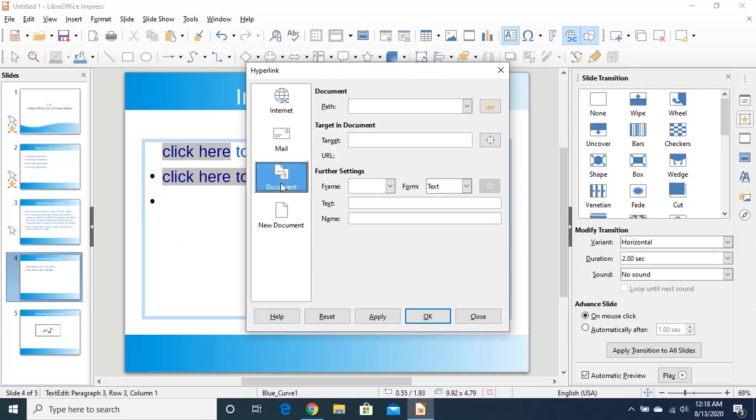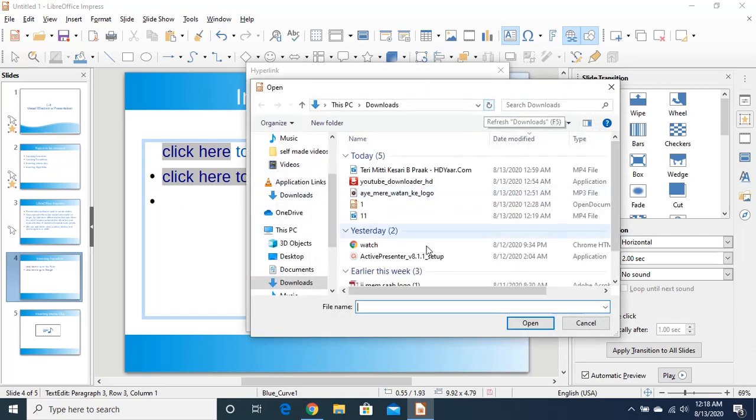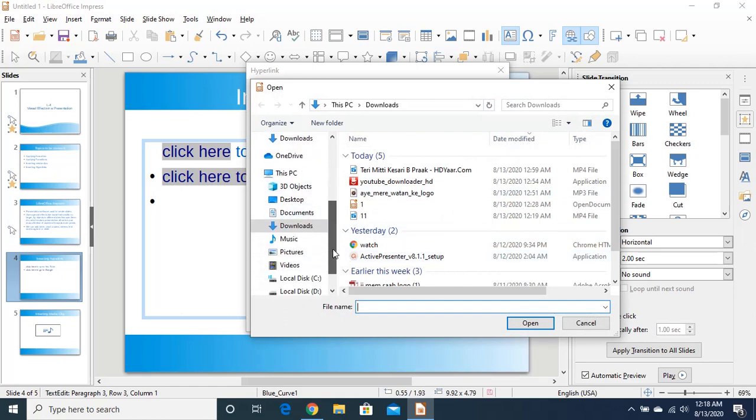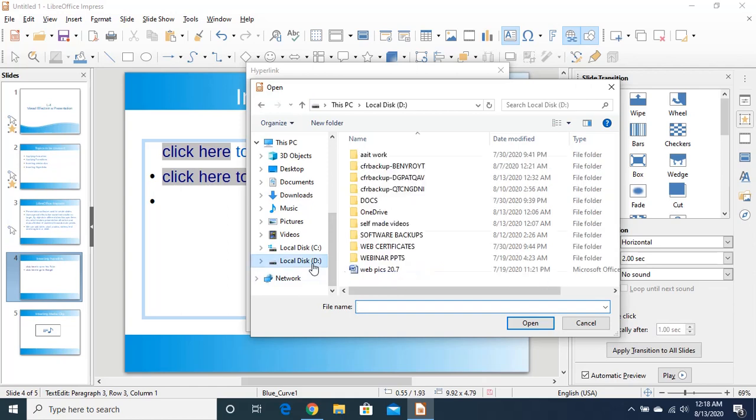Third is document. If we want to target within a document, suppose I want to move from one document to another, then in that case I can use this one, and just wait for a second, I'll take you to some document.